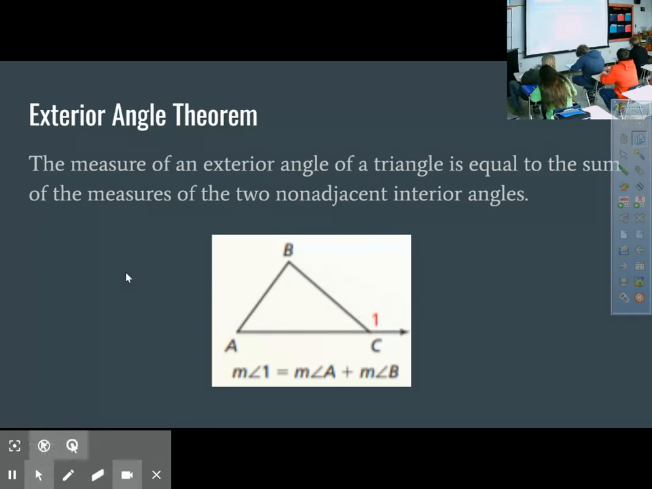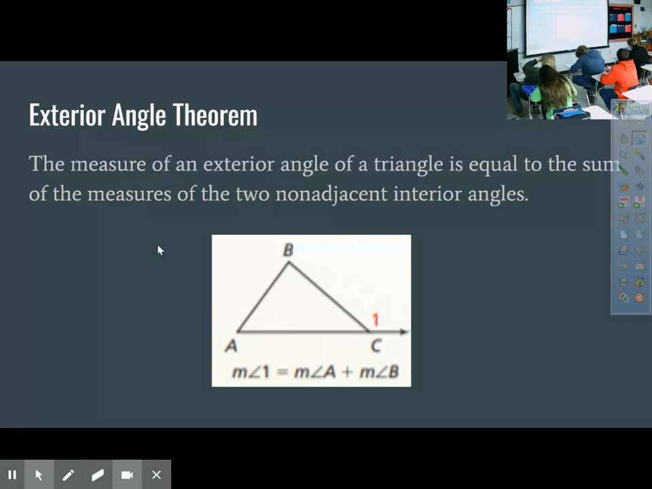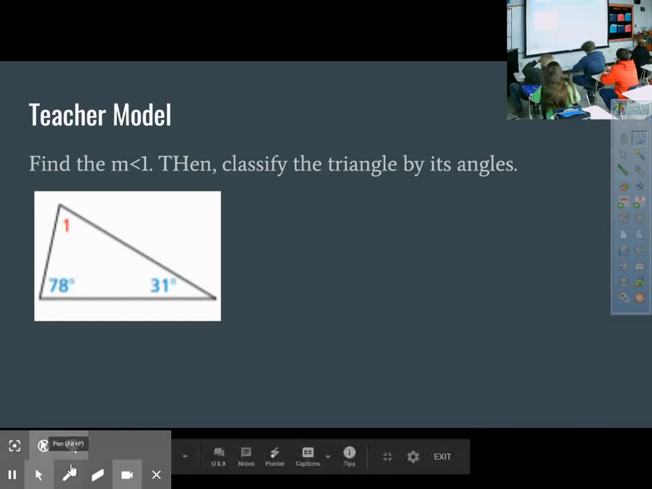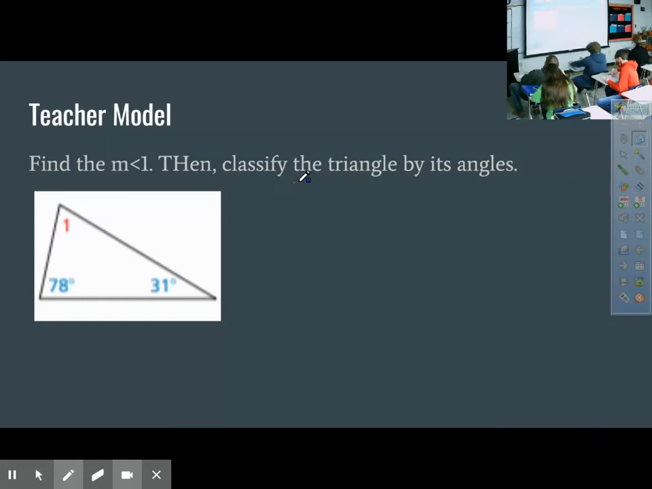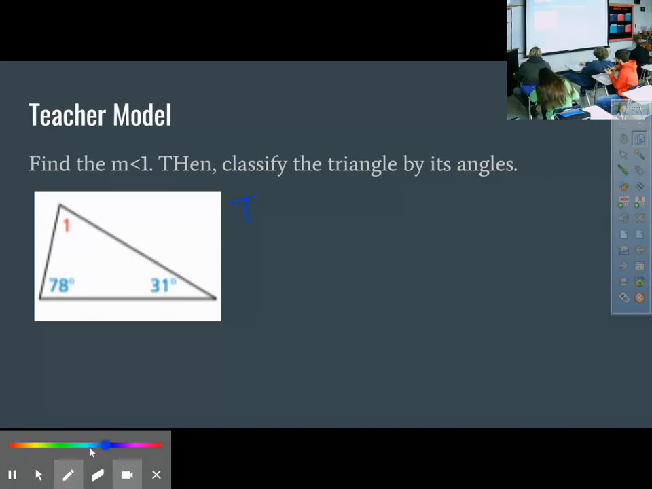Alright, so let me show you an example. I'm going to do an example, one with triangle sum theorem and one with exterior angle theorem. It says find the measure of angle 1, then classify the triangle by its angles. Okay? So I noticed this is 78, this is 31, and this is 1. And I noticed that all three of these are interior angles. And it's very important to pay attention to whether you're talking about an interior or exterior angle. So they're all three interior, so I'm going to use the triangle sum theorem,